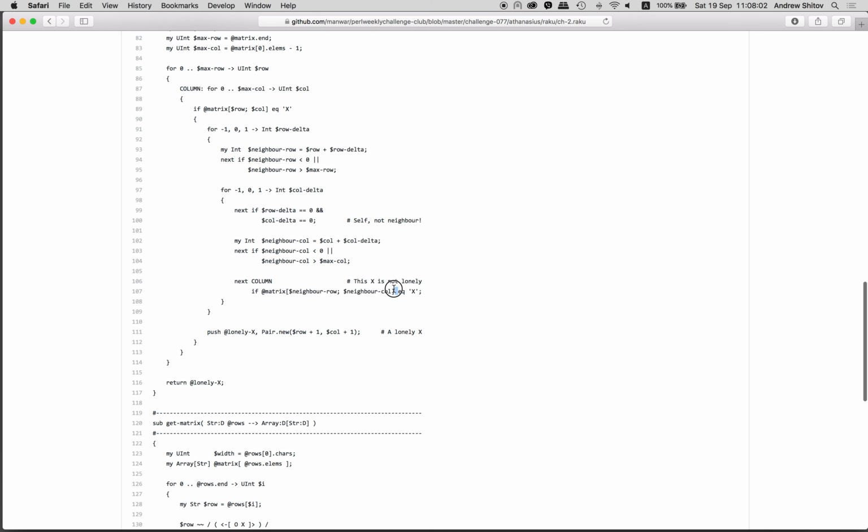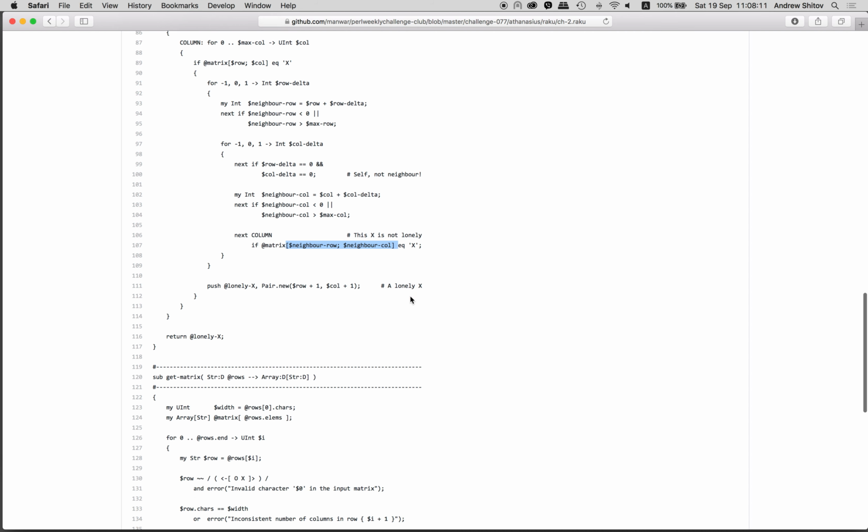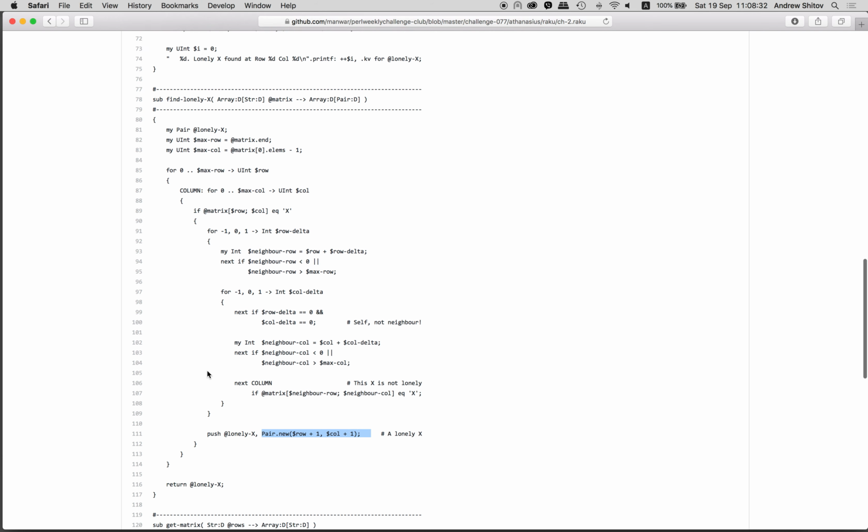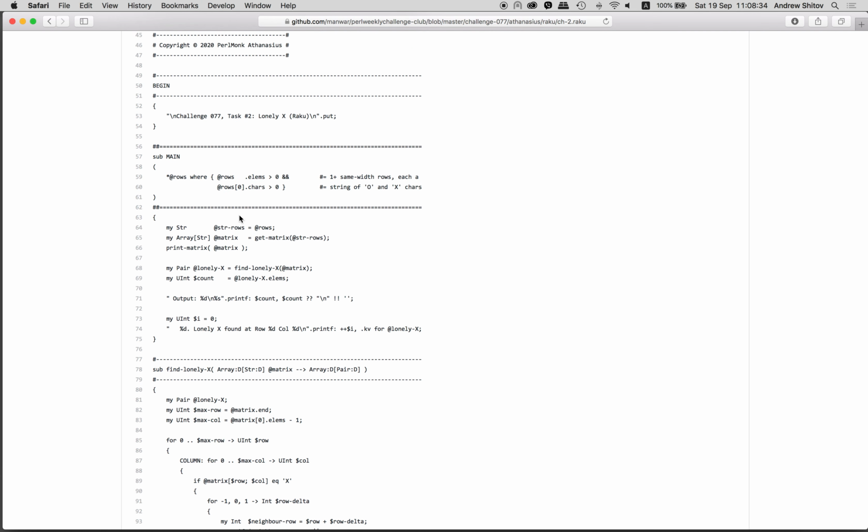If we see that the element at that position that we just computed here and here is not x, then we can continue. If it is an x, we can break immediately, and right. And finally, next column, so if we break here, we will not reach this line, but if we do not break here, we reach this line, and we collect the pair that contains the pair of coordinates. Right, okay, so what we need in the input,